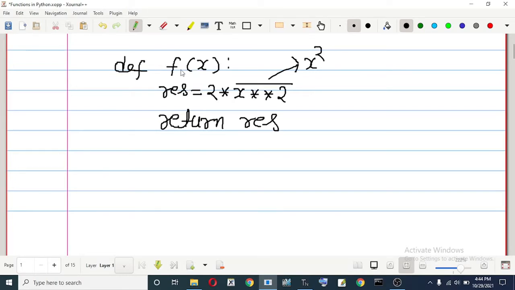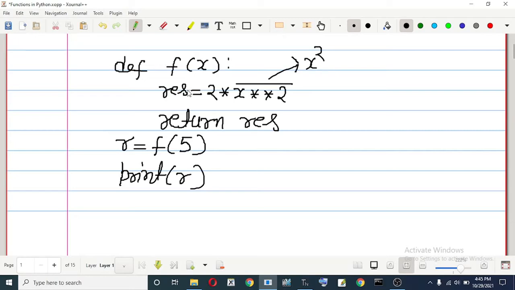For example, I'm writing r = f(5). So this function will get called, and thereafter I am going to print r.